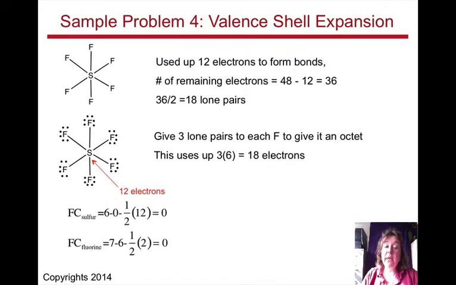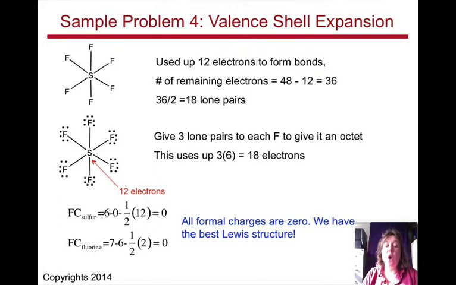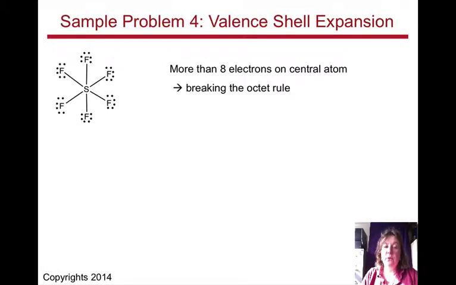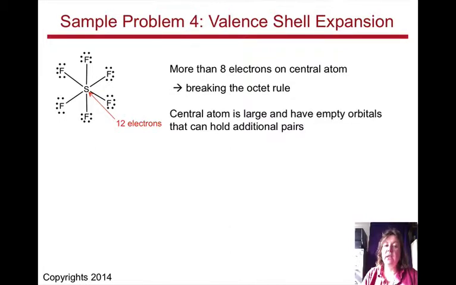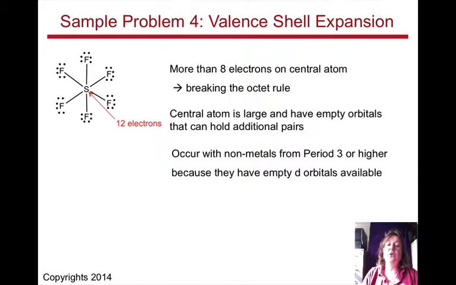Oh, but look, when we calculate the formal charge, sulfur is 0. So it's okay. We have the best Lewis structure because all the elements have a 0 formal charge. So what's with sulfur? Can sulfur break the octet rule with 12 electrons? The answer is yes, it can. If the central atom is large and has empty orbitals, it can hold additional pairs. This only occurs in nonmetals from period 3 or higher because they have empty d orbitals. And if they've got the empty d orbitals, their magic number is not 8. It can actually go above 8 if they make use of those d